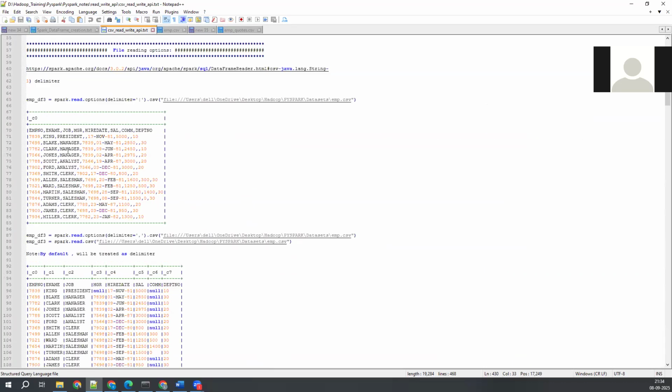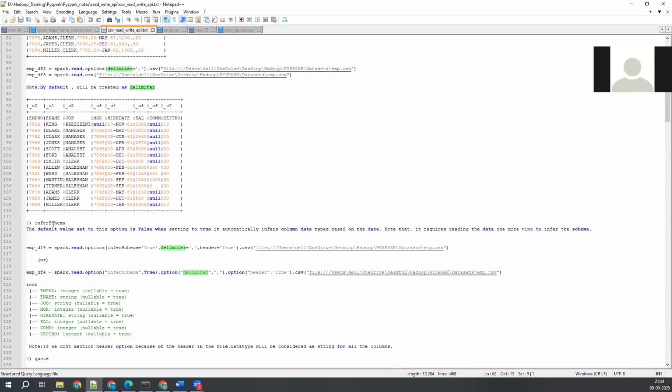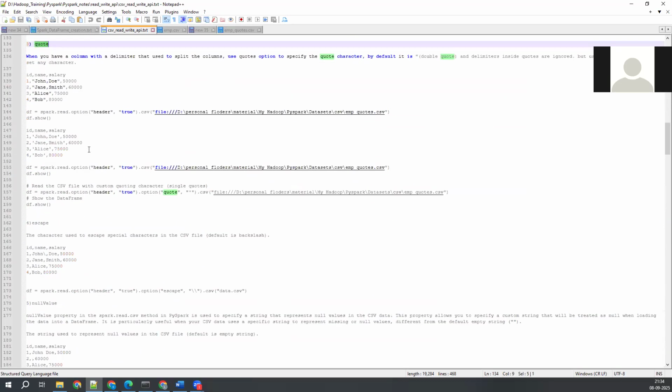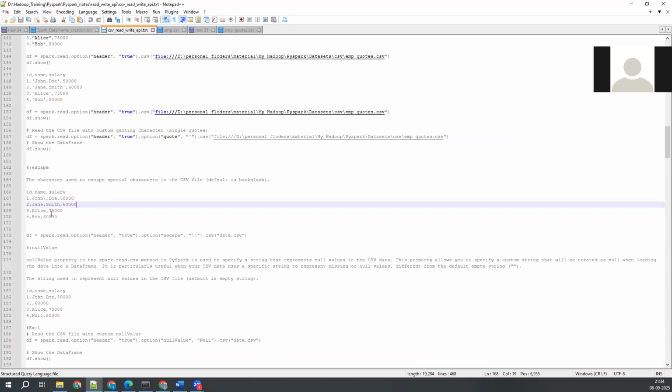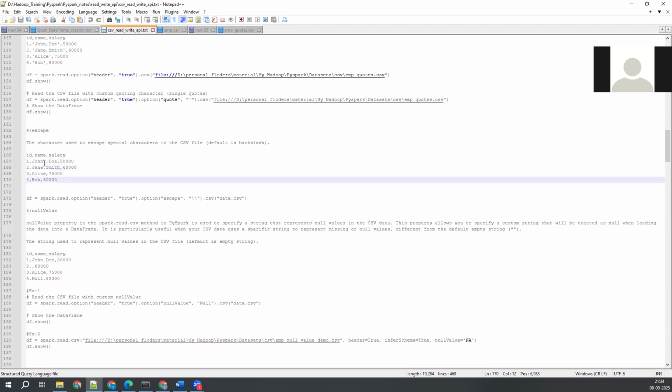So infer schema we have already discussed, right? Delimiter we already discussed. And quote also we have already discussed. Escape also. Escape means sometimes you'll get data like this in your source file. If you want to escape them, then we have to use the escape character as backslash, so that it reads the data properly. That is what they're trying to say here. This is not an actual comma. So the source system sends this backslash character to escape this particular comma. So now you have to understand the data properly,